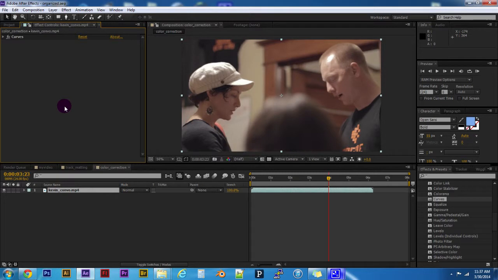Color grading involves adding a certain amount of expression to a piece of footage. This is the direction that you want to take it in. Do you want the footage to be cool? Do you want it to be warm? Do you want it to be somewhere in between? Do you want it to have a lot of dynamic contrast in it? This is where we start talking about the level of expression that you're after when it comes to color grading. And like I said, there are all different kinds of tools that will facilitate color grading, and I won't go into all of them, but really just to do quick run and gun color grading in After Effects,